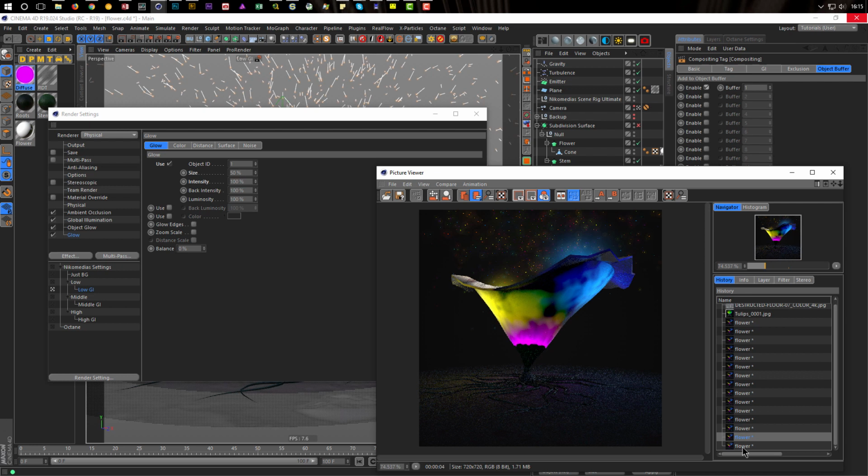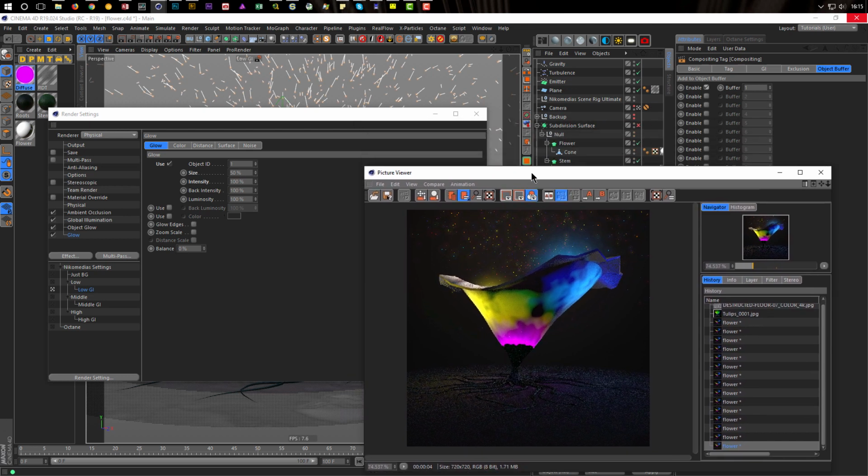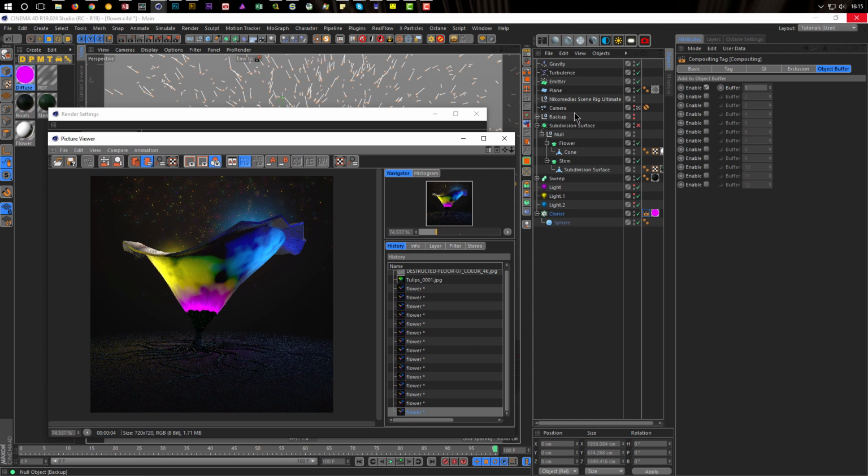You can mix it then in Photoshop. You can make one with bloom and one without bloom, and then mix it in Photoshop. I think I will do it with this. I like this. So now I activate